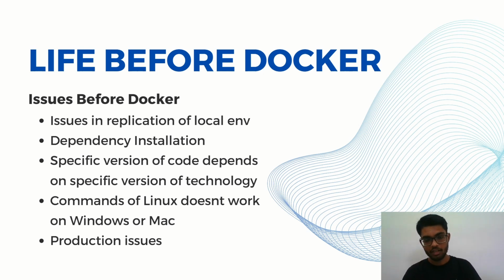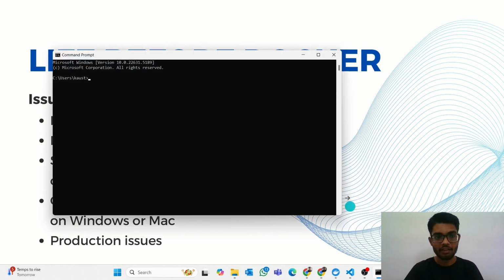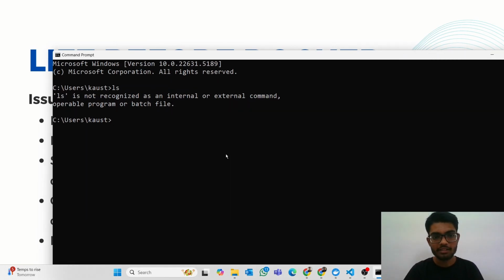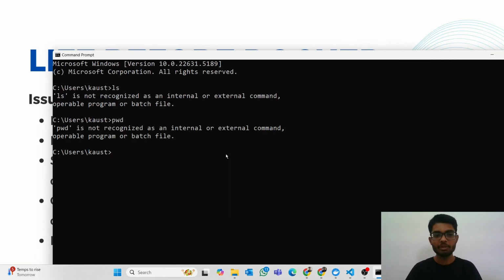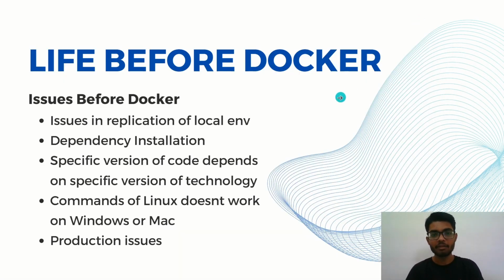So if I just wanted to give you a demo, I will open CMD for you and I will use ls. It is telling me ls is not recognized as internal or external command. If I use pwd, it is telling me pwd, present working directory, is not recognized as internal or external command. Why is it telling me that? Because these are Linux Ubuntu commands which are not running on my Windows, because I am using Windows machine,